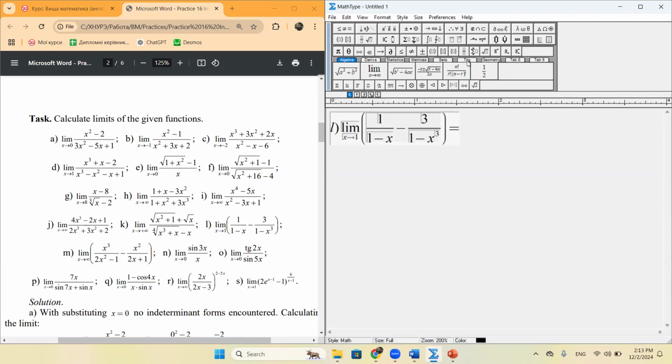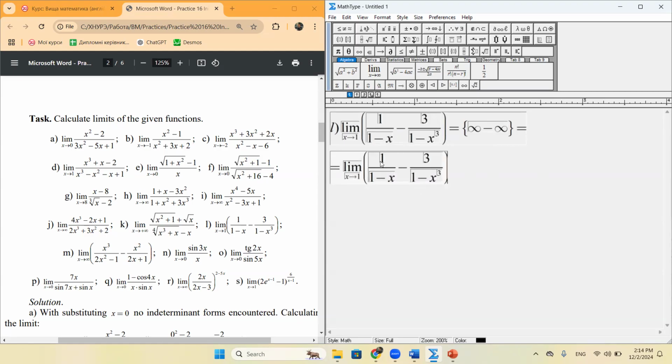We can use the formula with cubes, but which kind of indeterminate form? Okay, so the indeterminate form is the following: infinity minus infinity. Yes, and we will use the formula of cube difference